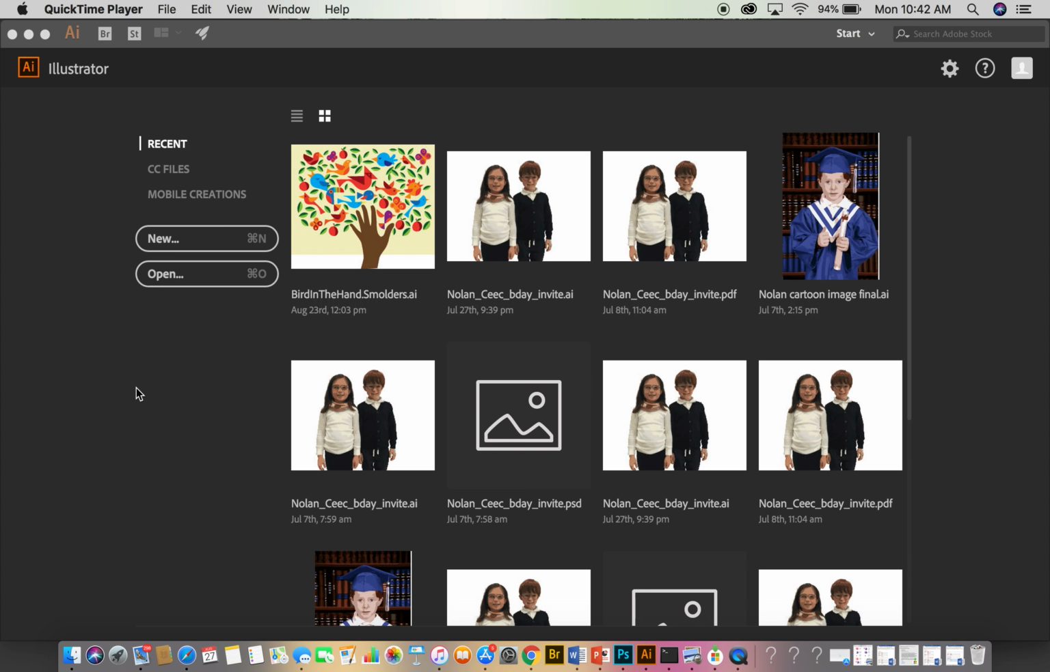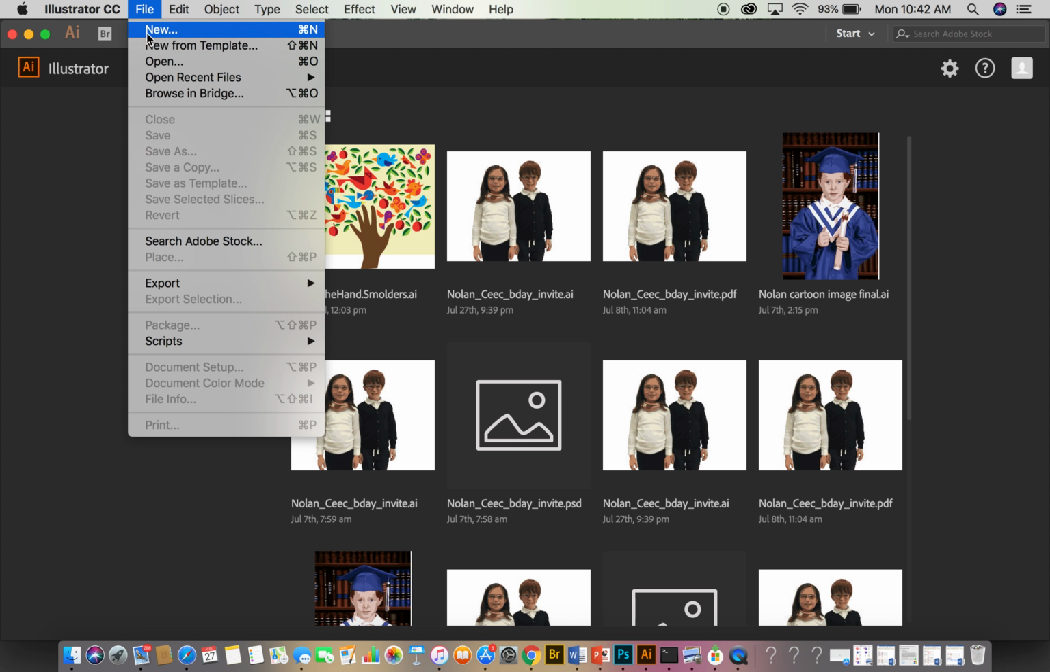the Illustrator interface. Right here I just simply opened AI, Adobe Illustrator. I'm going to create a new file or open a new file. So I'm going to do File, New,